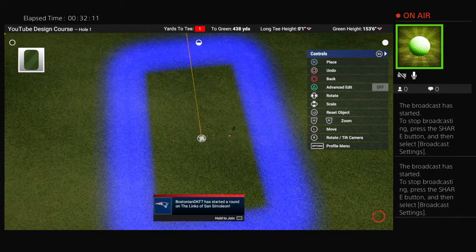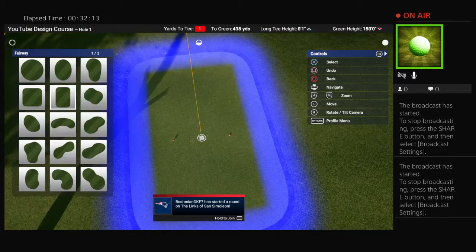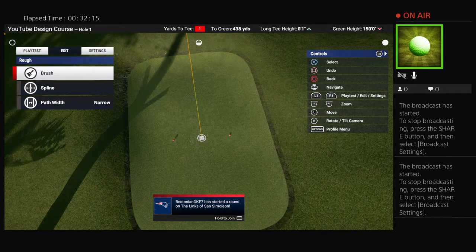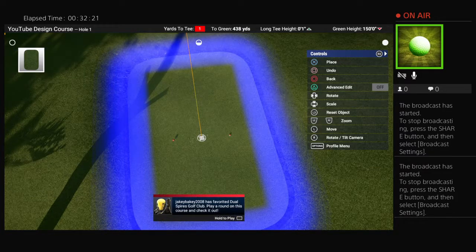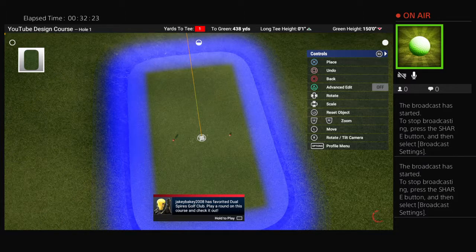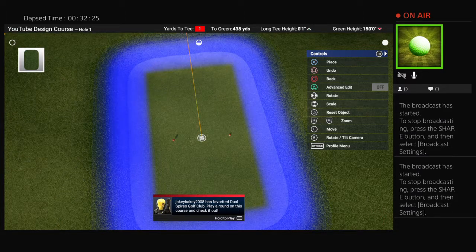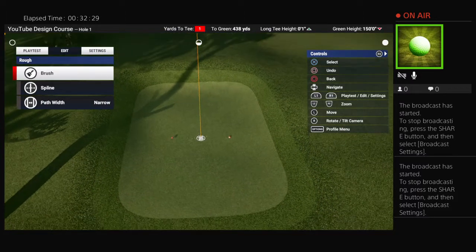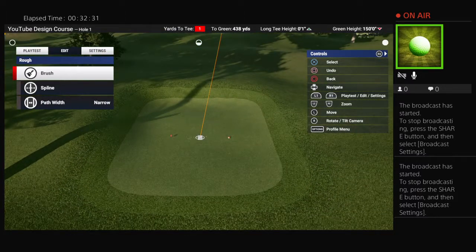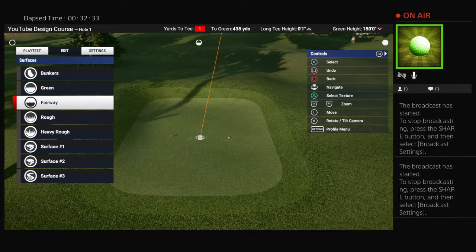Lay that down. Back all the way out. Go to rough or heavy rough, depending on the look you want. I'm gonna do 5 clicks of light rough there, and that'll put that extra thing around with a little heavy rough outside of that. So you come back to fairway,